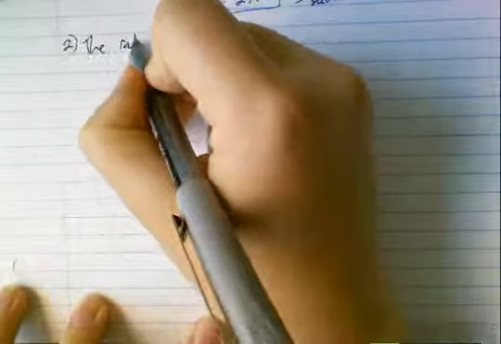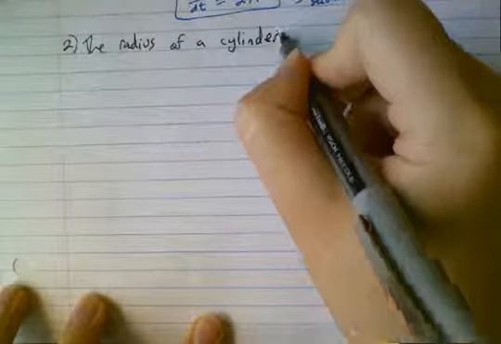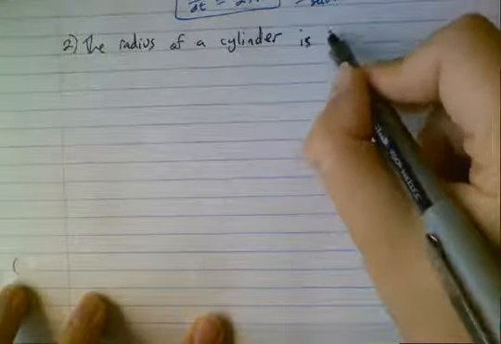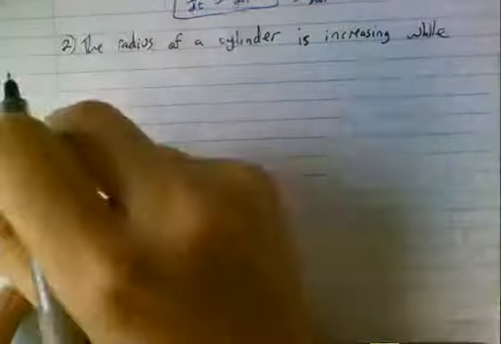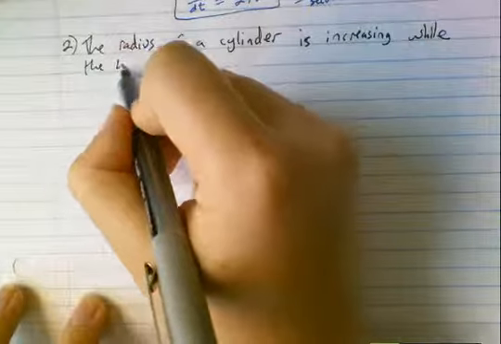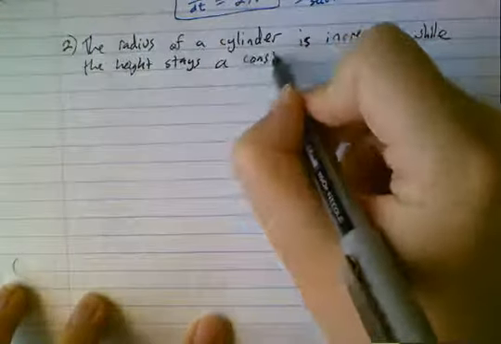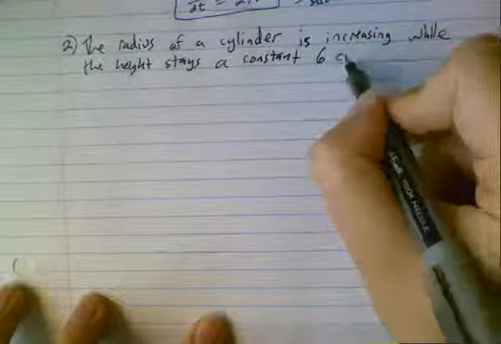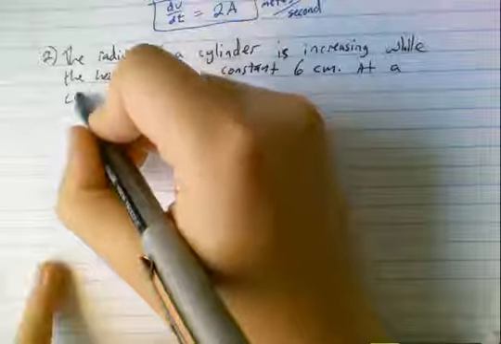Okay, here's another type of problem. The radius of a cylinder is increasing while the height stays a constant 6 centimeters. At a certain instant,